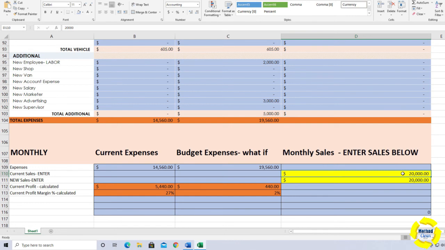And at first, put in, well, what are my current monthly sales? You could actually do this yearly also, if that's the view you want, a yearly projection. So right now we're at 20,000 currently. So now after adding this $5,000 in additional expenses, how much revenue do we have to generate to get back to the percentage that we used to be at? So we're going to start at 25,000,